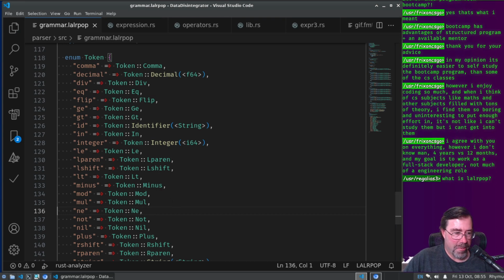What is Lollipop? We could ask my bot that, and I can talk a little bit about it. It is a parser generator framework. So, backing up a little bit,